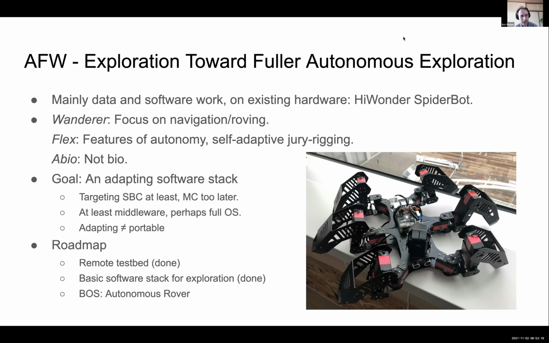In the name there is the word flex. The reason for flex is that it's what we're looking for in autonomy: the capability to deal in a more flexible way with navigation. I will give an example of that later. And the last point in the name is the AFW. The A in Greek is the negation, so it's to point out that there is a lot of inspiration from biological organisms, but it's definitely